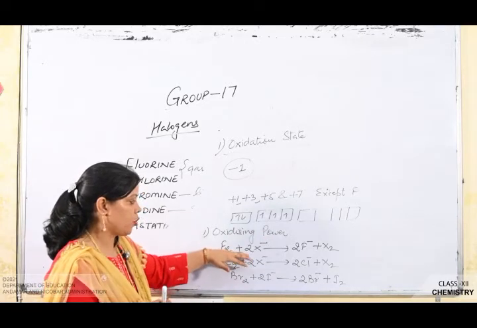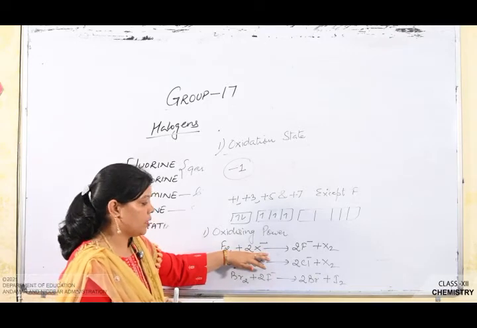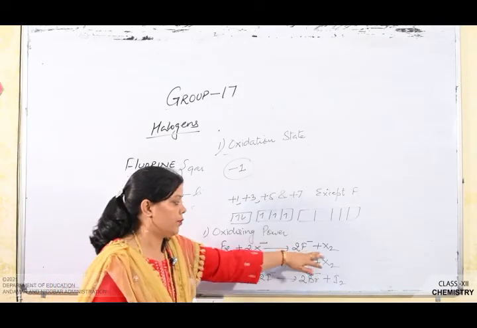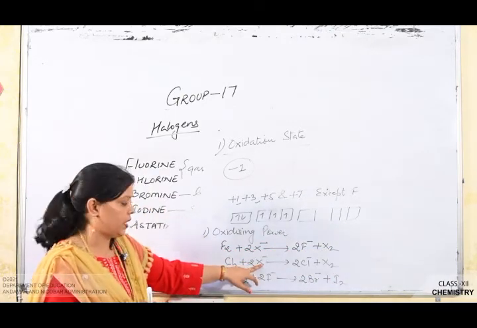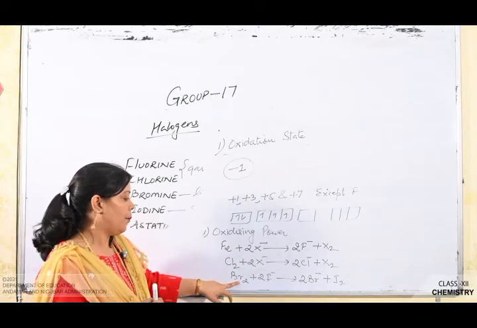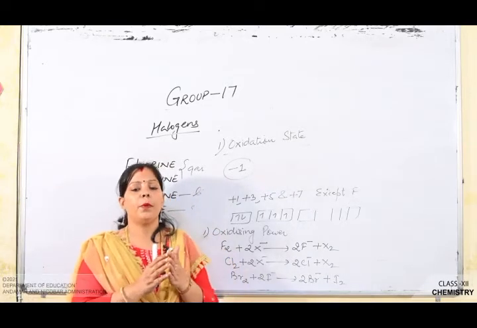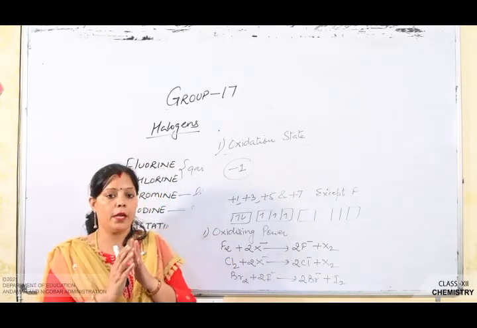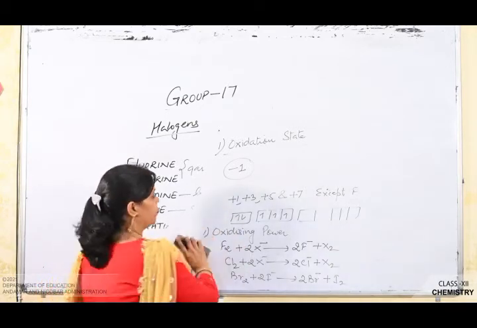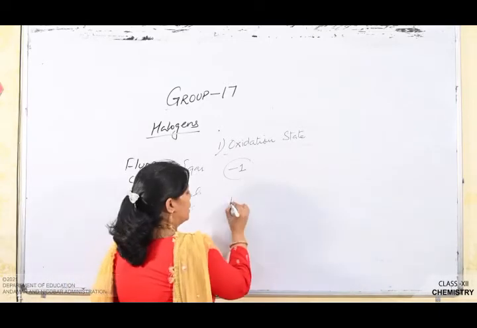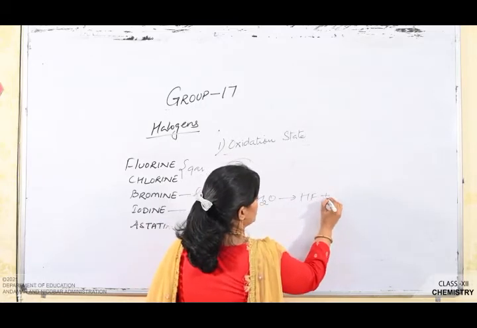Among them, fluorine is the strongest oxidizing agent. It may oxidize the other halogens like chlorine, bromine and iodine to give the fluoride anion plus halogen gas. Chlorine oxidizes bromine and iodine, and bromine may oxidize iodine. The relative oxidizing power of the halogens can be further illustrated by the reaction with water. When fluorine is reacted with water molecule, it gives hydrogen fluoride plus oxygen gas.